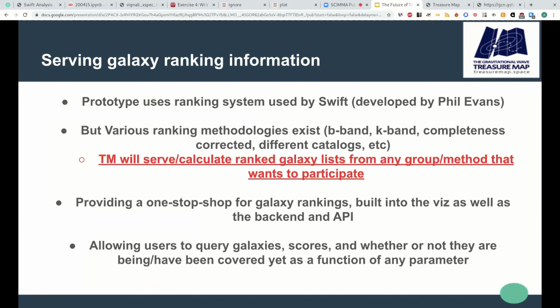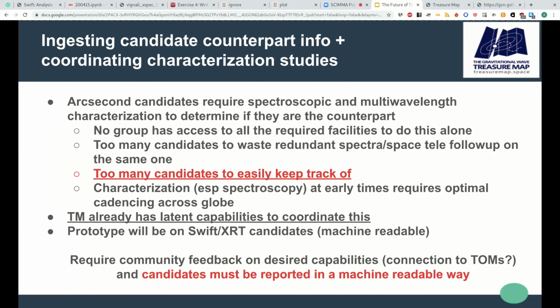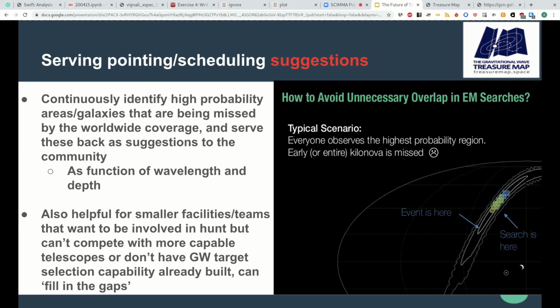Okay. So yeah, I was talking about counterpart candidates. So this crucially requires that people report their candidates in a machine-readable way, and I think it's clearly very well motivated. We don't have enough resources to not coordinate spectroscopic and other multi-wavelength characterization of all the candidates. Okay, another future